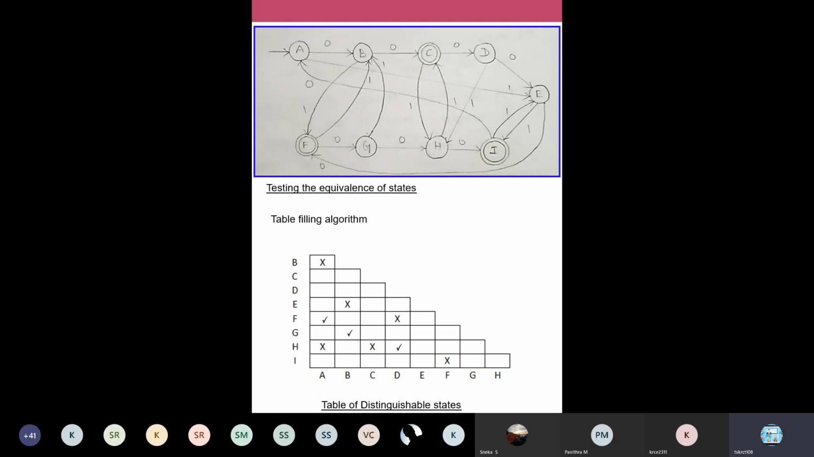And here the method we are going to use is a table filling algorithm. We don't draw this table now. Just to show you, I have drawn this table. You need not draw the table now. Okay, I will teach you how to draw this table. Okay, so we are going to use a table filling algorithm. So like this, you are going to construct a table and you are going to identify what are all the